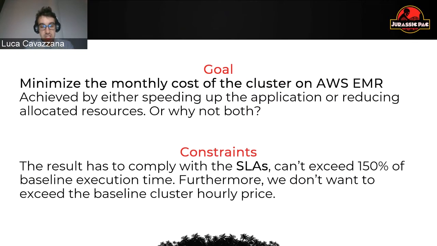And we can achieve these results in 2 ways, which is either speeding up the application, reducing the uptime of the cluster, because this is an ephemeral cluster which is provisioned at the beginning of the execution of this application and then destroyed once we are done. It runs multiple times a day to update those KPIs. And the other solution is to try to shrink the size of this cluster, finding also a new